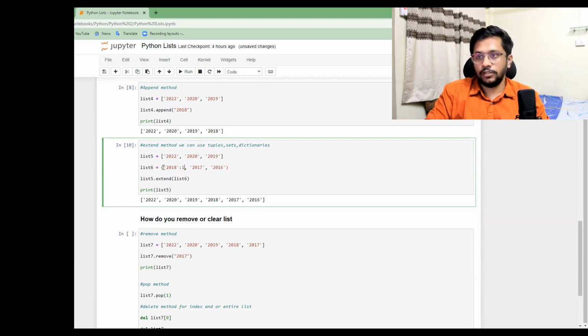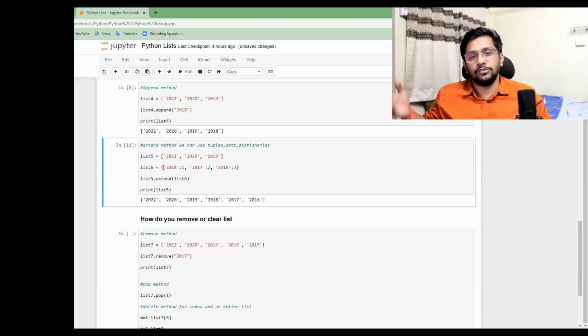We'll say 1, we'll say 2, and we will say 3, with curly braces, and hit Control Enter. You see, we still got it added into the list. So that's how extend works. It's basically extending a hand to help someone.